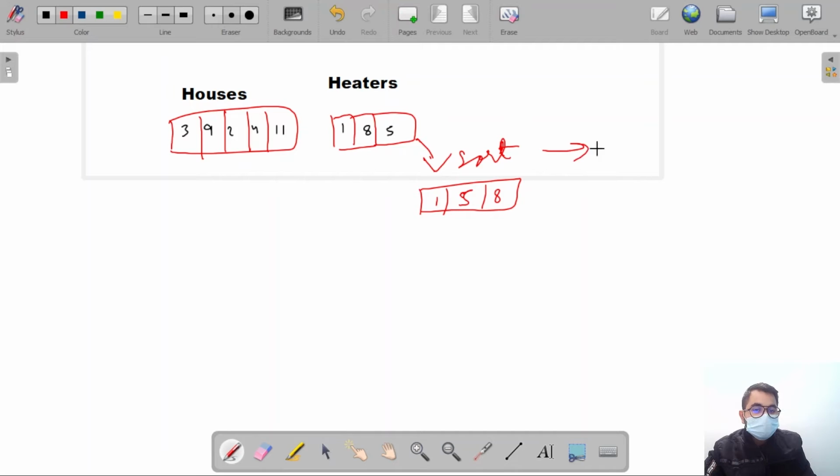And how much time did it take? M log m. All right, so this much time it takes to sort the array. Now what I'm going to do is go from one house to the other and find the floor. So let's find it. For 3, let's write it floor, C,